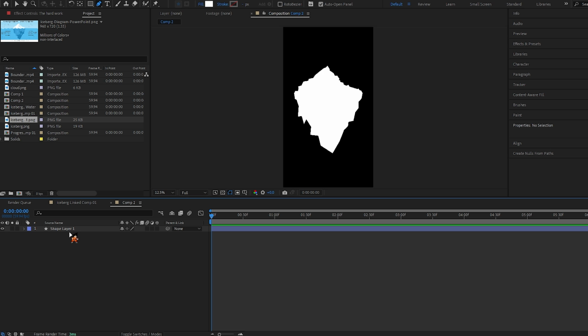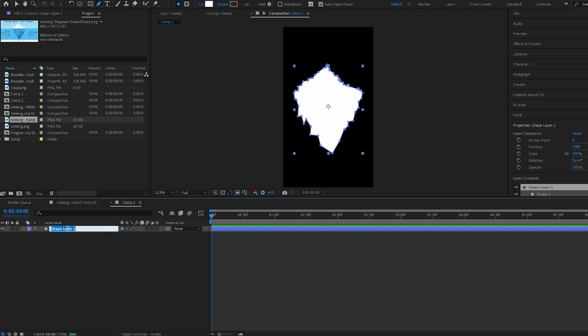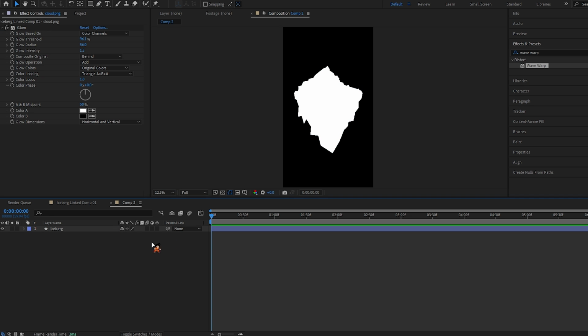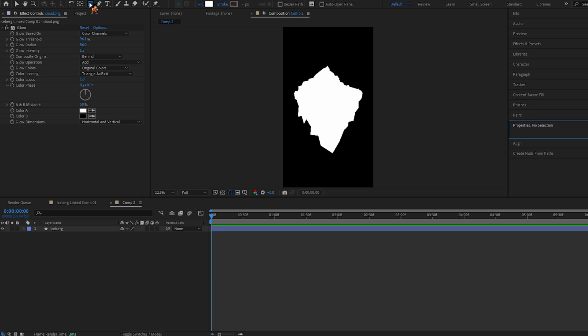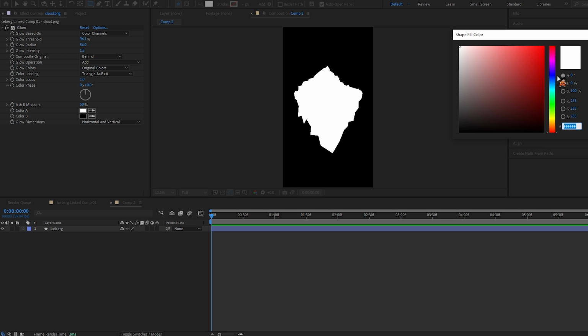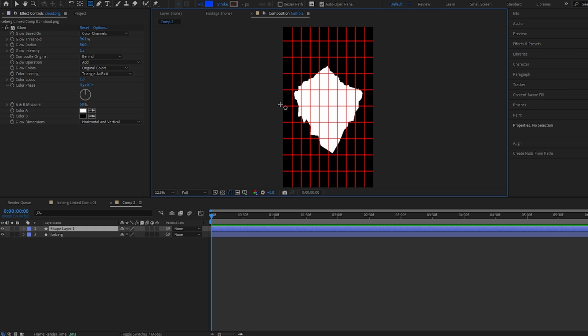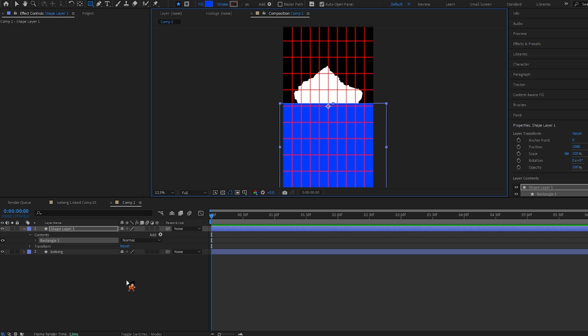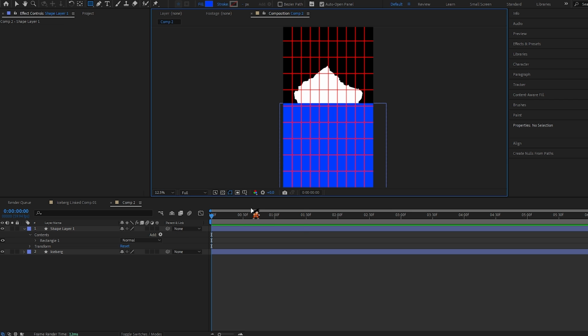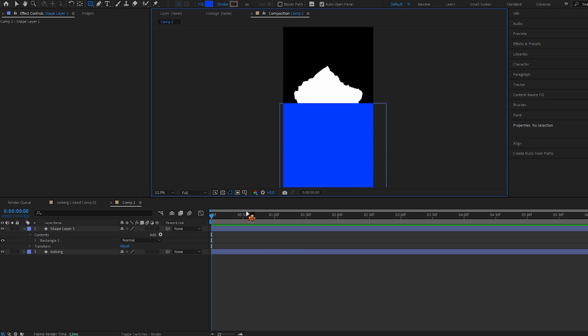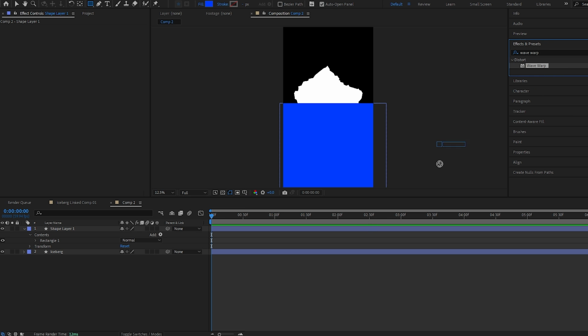And before we start animating anything, I want to get my compositions ready. So I'm just going to rename this iceberg. Now I'm going to create our water layer. So first we're going to go over here to the rectangle tool. And our fill is going to be blue. Now I will make the shape, and there you go. There's our water. So turn off those proportional grids, and the first effect we're going to add is going to be our